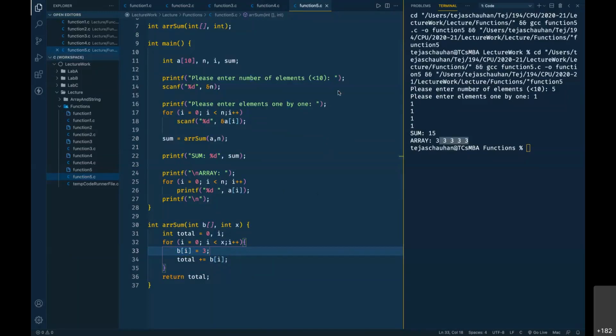Now how can this kind of thing help you? Let me very quickly, yeah, we have time, show you the benefit of creating a function and passing an array.